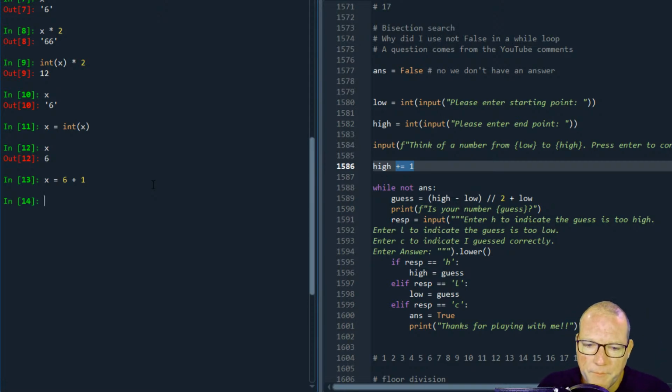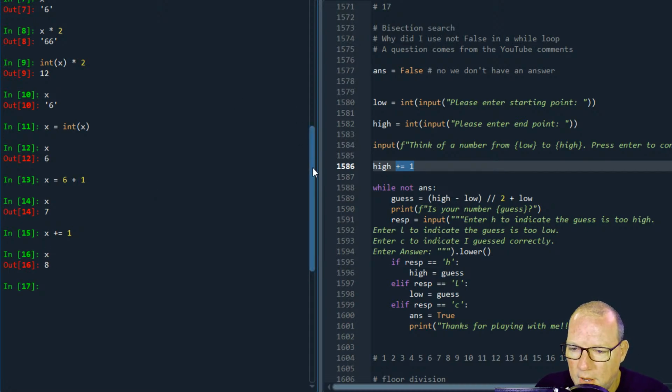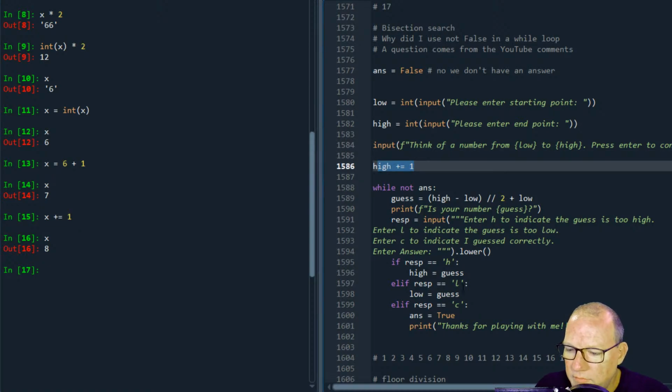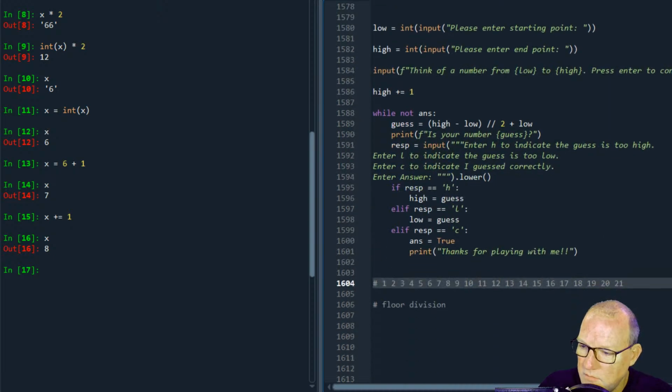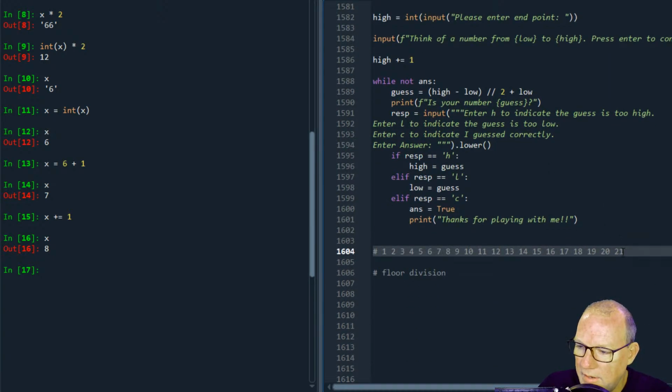So now x is 7, and then I do this legal statement, and now x is 8. So all right. So I've added and made this 21. Let's bring this up here so we can see. So I've made the high point, and I've now moved it over here to 21. Let's make sure my big old noggin area. There we go.